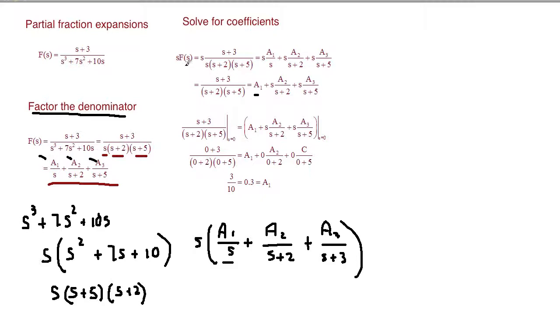Now I've multiplied s times f of s, and I notice, when does this denominator term equal 0? This denominator term equals 0 when s equals 0. So I take s times f of s, that's this, and I evaluate it at s equals 0. If I evaluate this whole expression here when s is equal to 0, I get 0 times a2 divided by 2, and 0 times a3